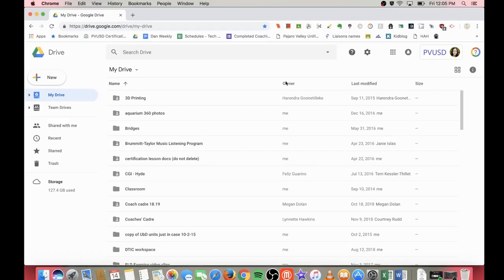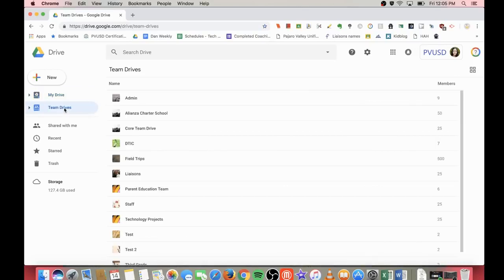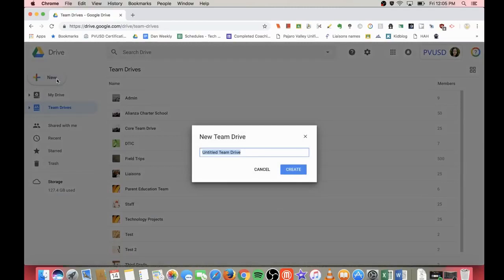Now I'm going to teach you about Google Drive's newest feature, Team Drives. To make a new Team Drive, you have to click on that Team Drive tab. When I do that, I can see all of the Team Drives that I'm a member of. To make a new one, you can click on that New button, and then it'll prompt you to create your Team Drive. So I'm going to call this Test Drive,